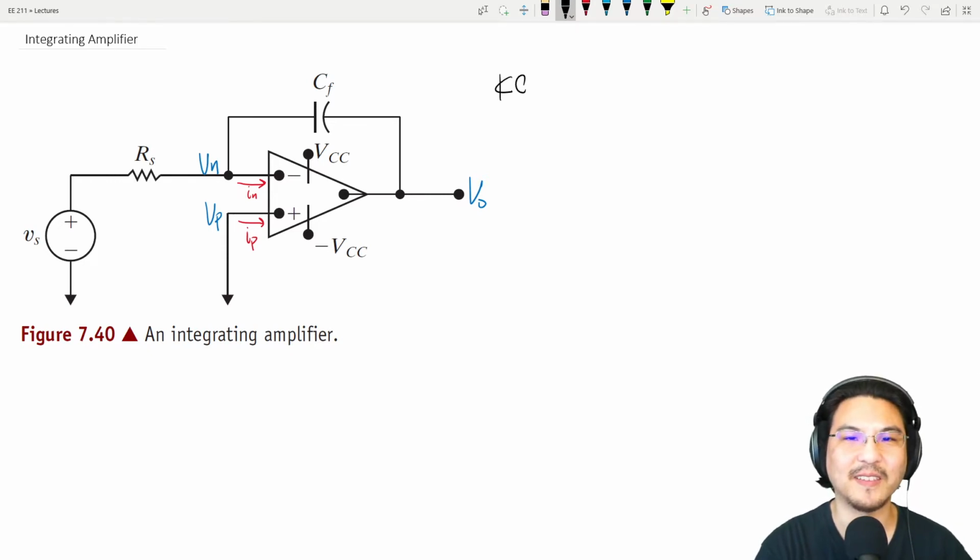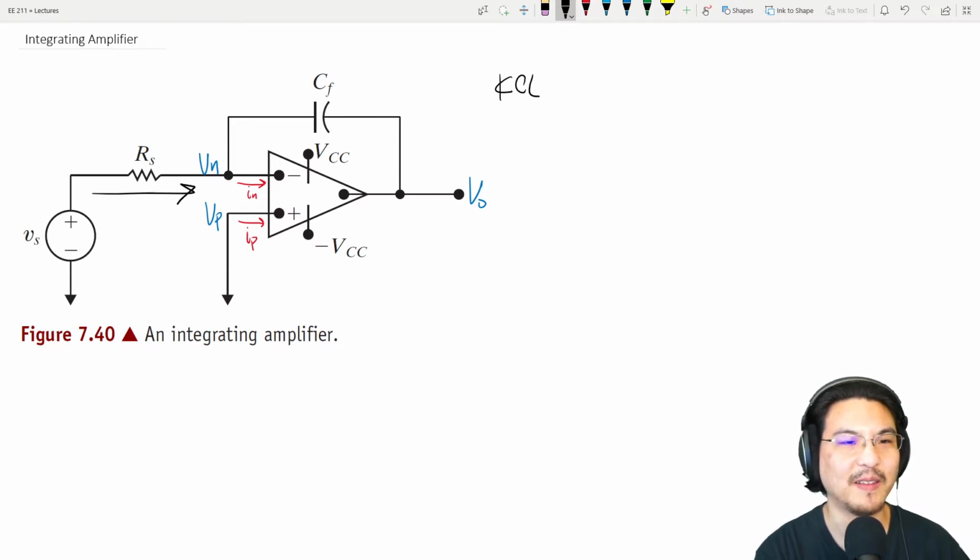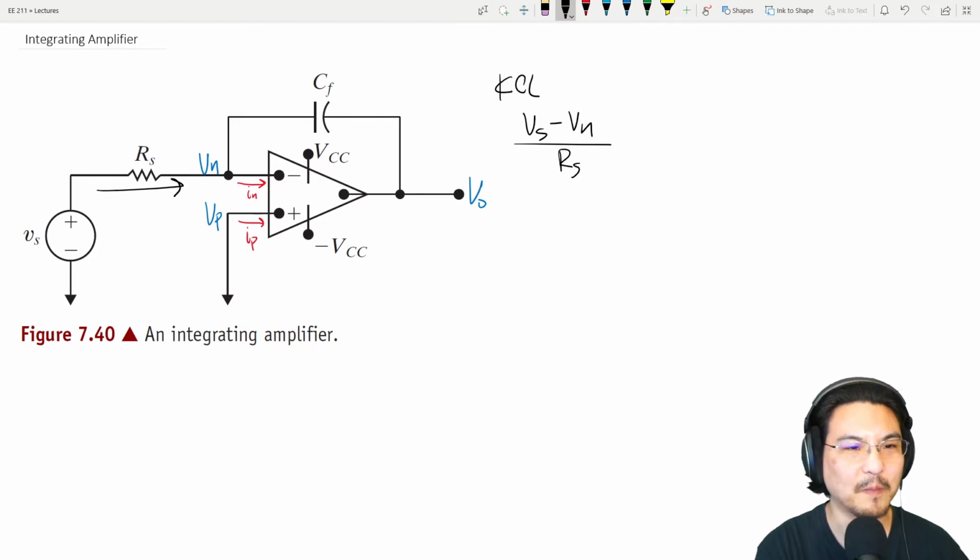Let's use KCL at this node right here. And you can go positive going in, positive going out of the node. It doesn't matter. So how about I'll go positive going in. Okay, so the current over here this way would be Vs minus Vn over Rs, right? That's the current here. And then the current here that's going out, so that'll be minus In. And then the current over here